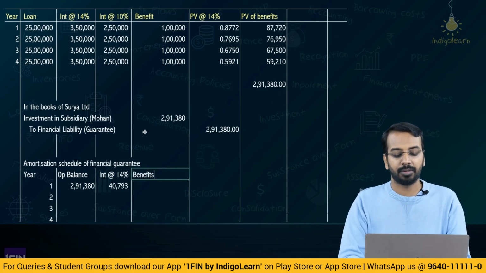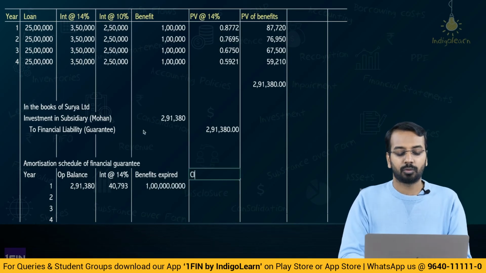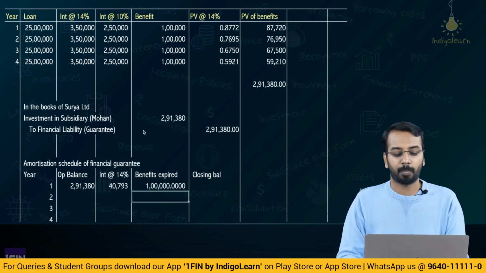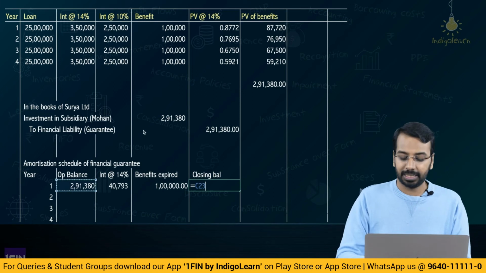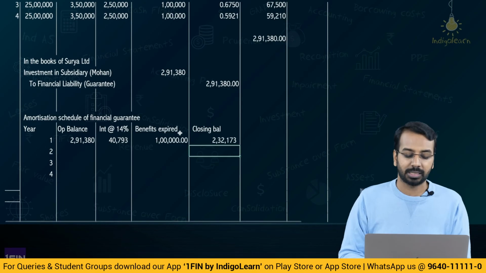So, benefits expired or provided 1 lakh. So, closing balance would be